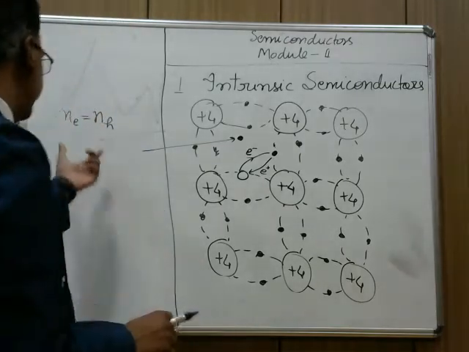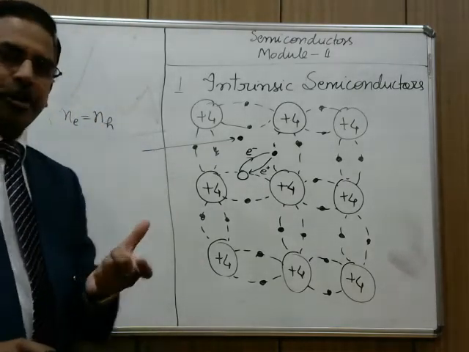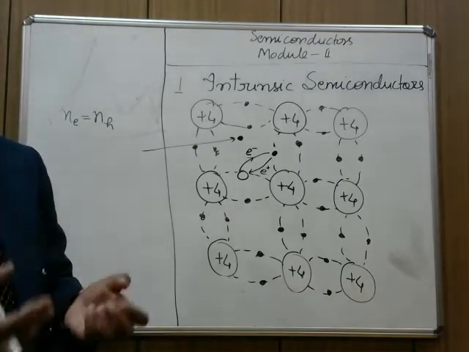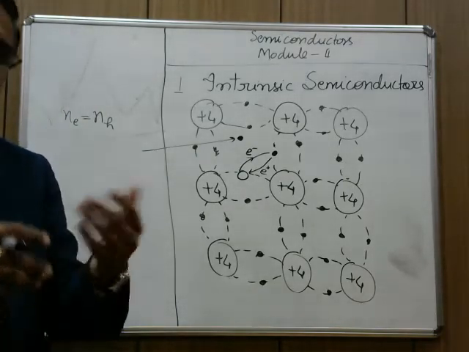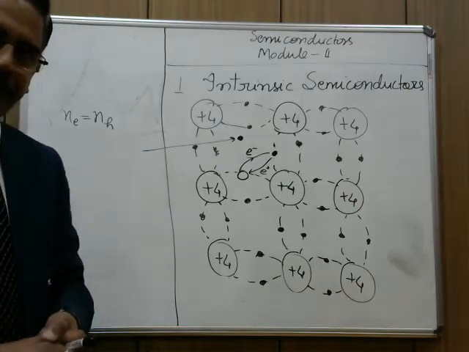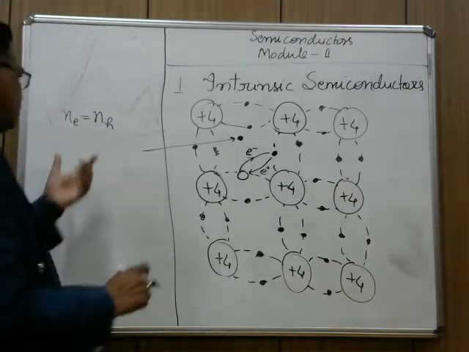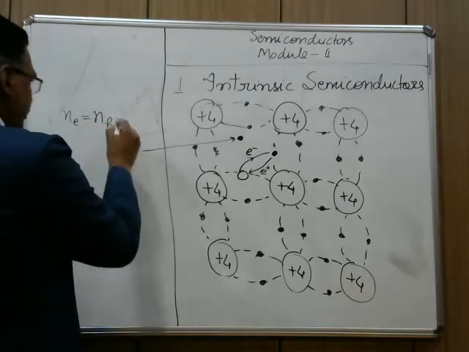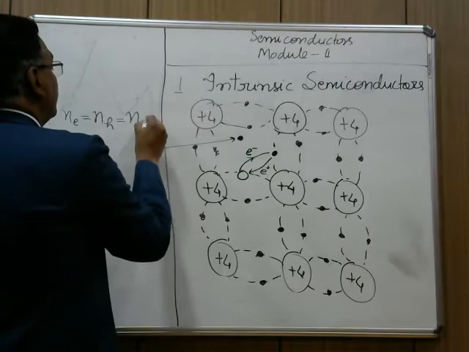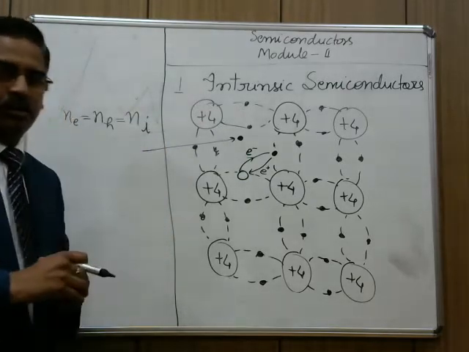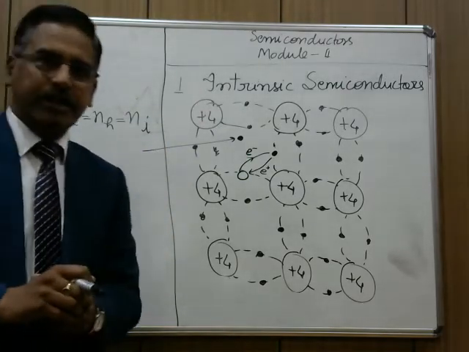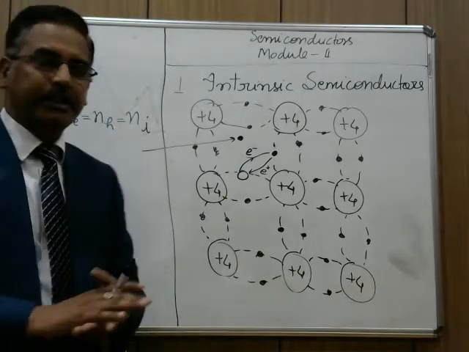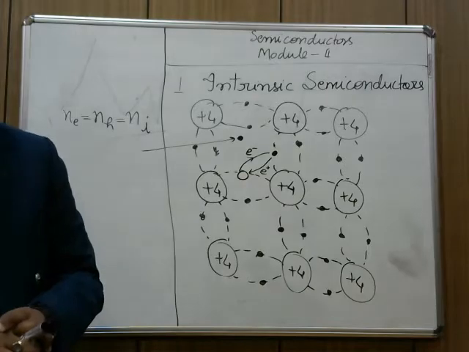And these are the charge carriers, because of them charge is moving, and the rate of flow of charge is called current, giving rise to conductivity. Since these charges are called intrinsic charges, their number is equal to the intrinsic charge carriers. I stands for intrinsic charge carriers. The number of electrons equals the number of holes equals the number of intrinsic charge carriers.